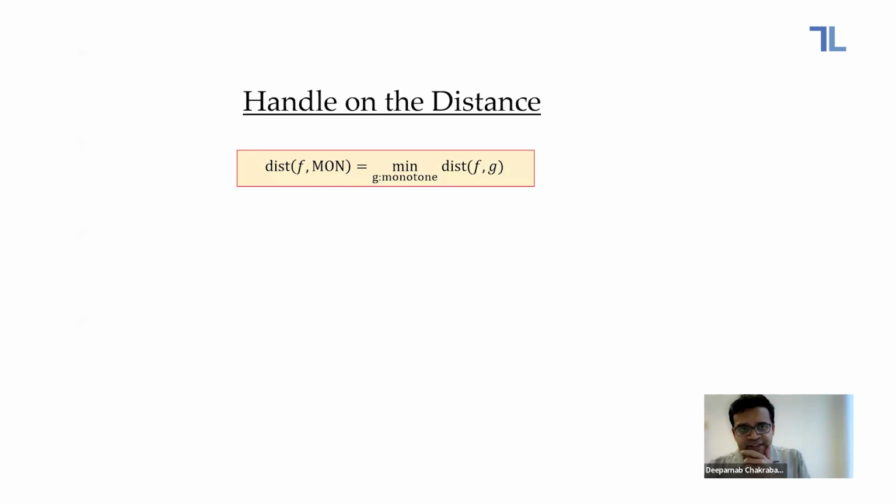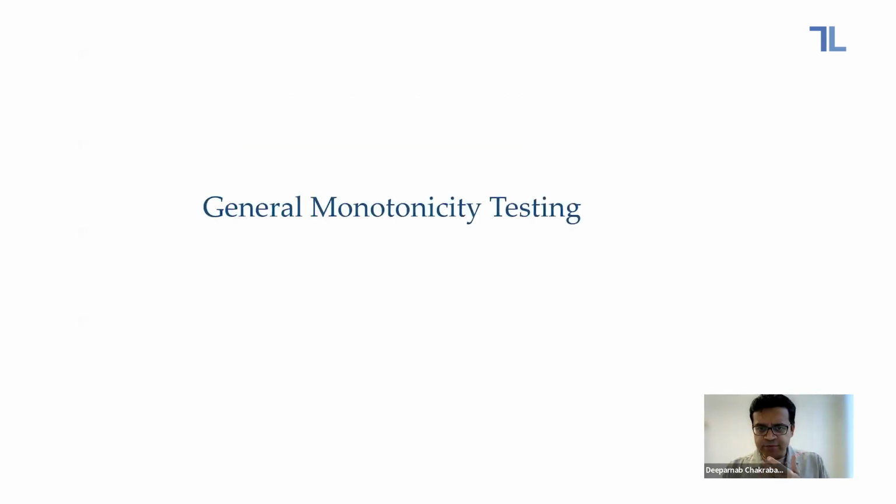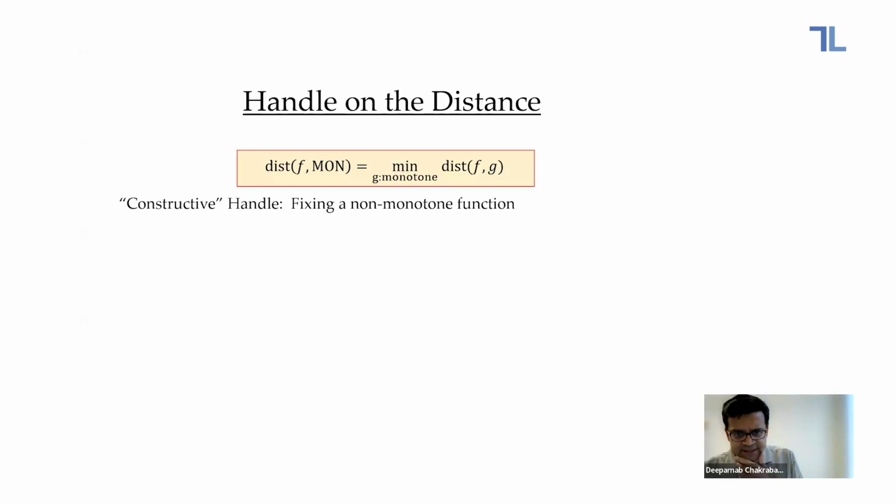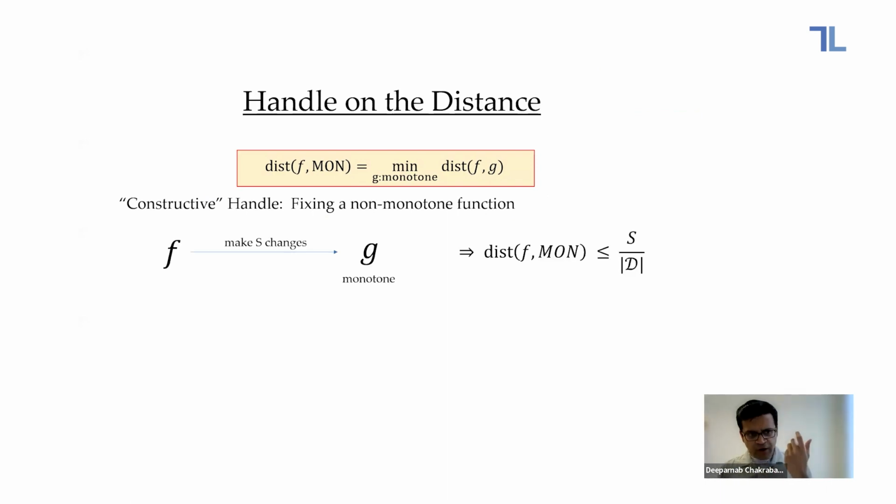So there are 2 ways one can think about a handle on the distance. First way, I think, is constructive. The way I think about it is, I want to figure out what the distance of f to monotonicity is. So let me actually look at f and try to fix it, try to make it monotone. To give more details, I want to look at f, and suppose I can make some number of changes, like s,